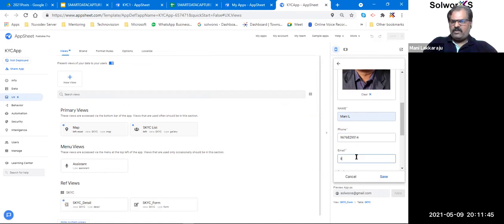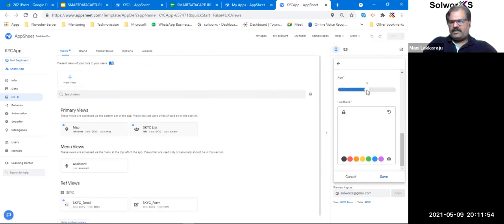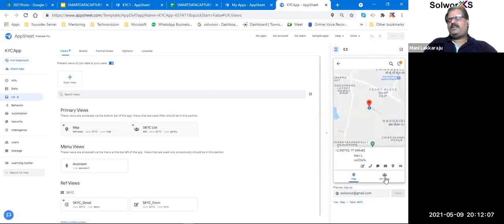Then the email is solvers at gmail.com, and then here, instead of the smiley, what I'll do is I'll use my signature, right? So I can use my signature as well to say that the document was authentic. So if at certain times I need more authentic data or some kind of documents, I can use this signature API as well, right?